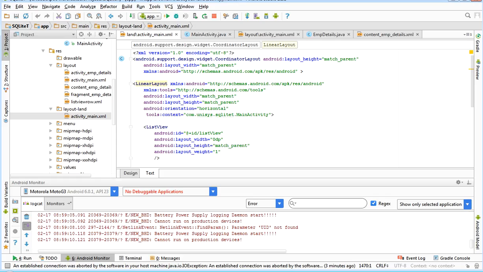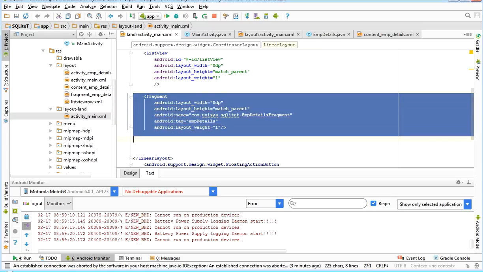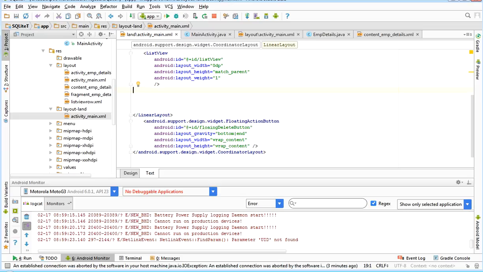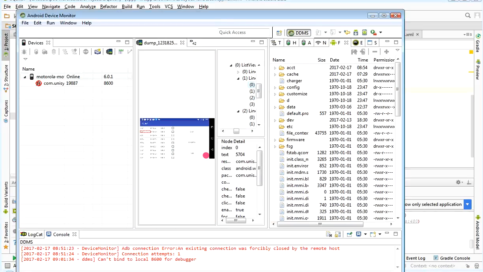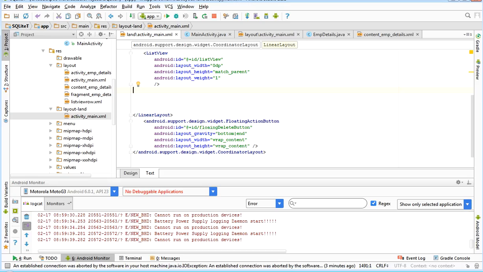For that, what I do, I will remove this. I remove this because when it comes to portrait mode, the screen should not be split in two parts, the list view has to display. When I click on that, it should start the activity. So that layout should not have both fragment and list view.